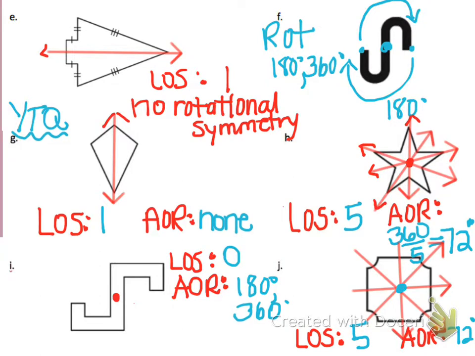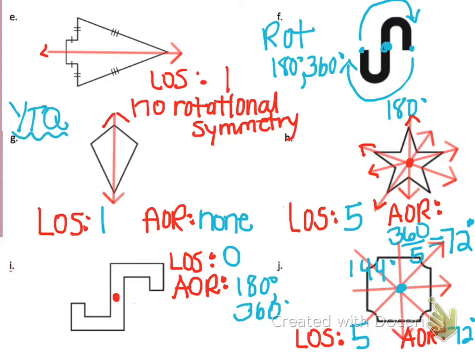Okay, so in these you-try questions, we had a lot of variety. We had figures that only had a reflecting line, just one, as in G, but no rotational symmetry. In I, we had one that had rotational symmetry with angles of rotation 180 and 360, but no lines of symmetry. And then we had two that were very similar in terms of their lines of symmetry and angles of rotation, and I didn't list them all out here. I should have listed them all on H and J, but the other angles are every 72 degrees, so they would be 72,